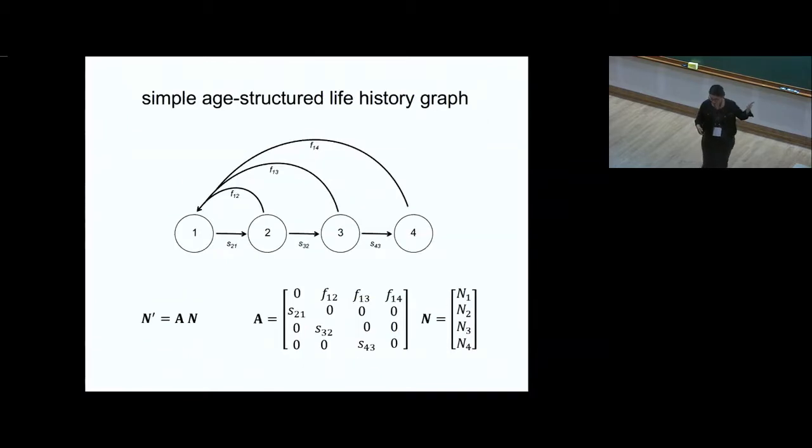This is in here because often when I give this talk, I haven't talked about this before, but you guys are all experienced and could probably give the next part. So in a simple age-structured life history, we can describe the life history with a life history graph. And as we did before, of course, my notation is not consistent. When have I had consistent notation the entire week? Not even once. So these were the P's earlier, and these were, I think, M's. We've completely changed it. That's fine. Still, survivor probabilities and fecundities. And here's our friend the Leslie matrix for this very simple case. It looks exactly like we did before, so that's nice.